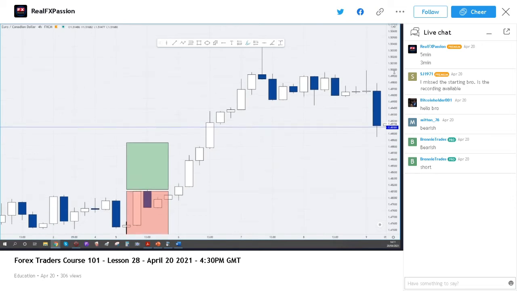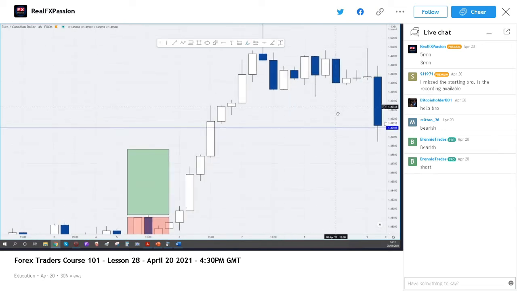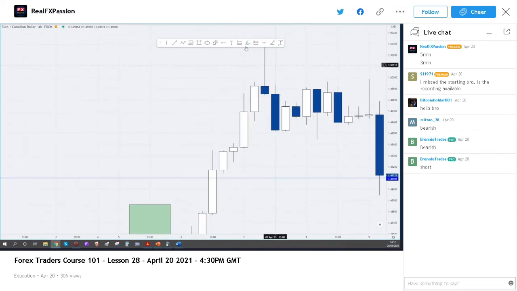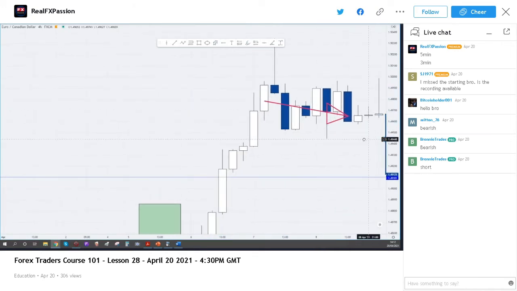What's the difference? The body of the candle, where is the arrow? This is my arrow. The body of the candle here, it's bearish decision. Here the body, it's not bearish, it's bullish, but still,